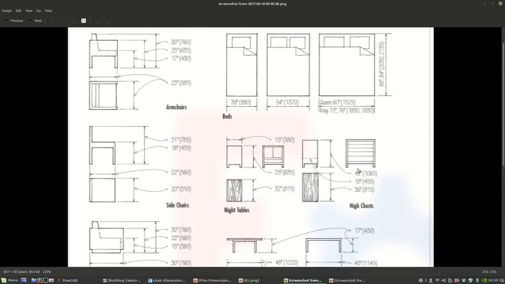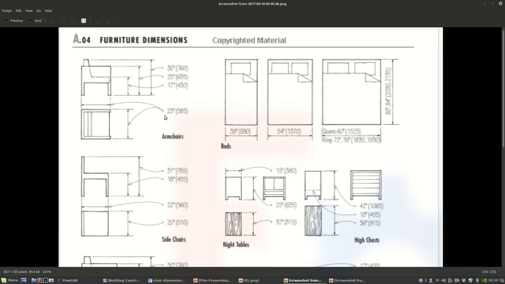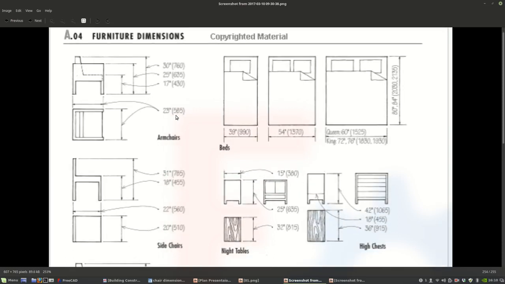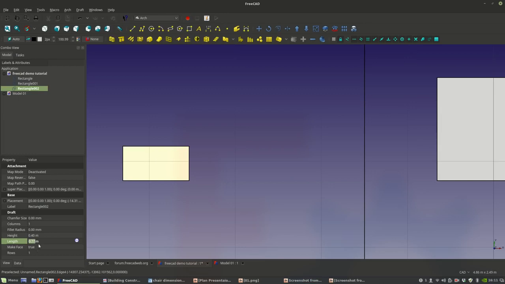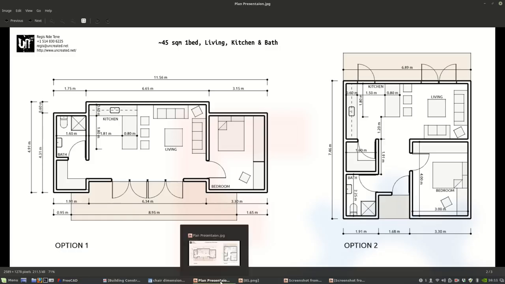Okay. Let's see. For an armchair I have 0.565 meters. So I'm going to type in here 565 and 56. Okay, so that looks good. That's my chair. Okay, and the next thing is